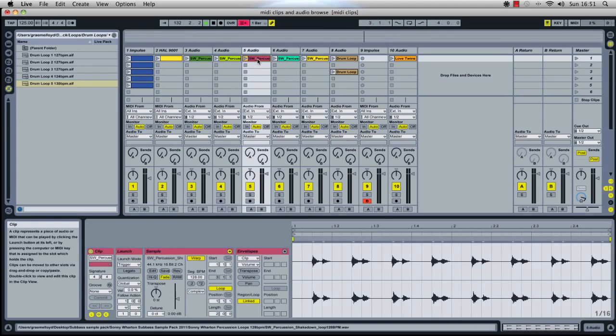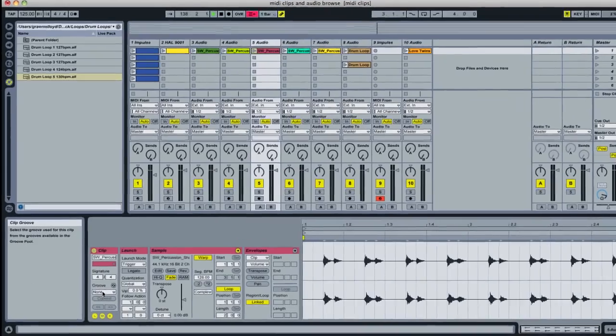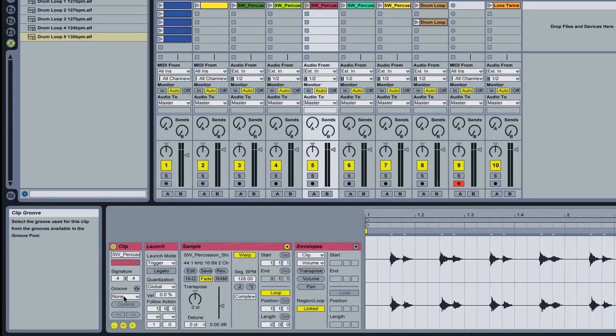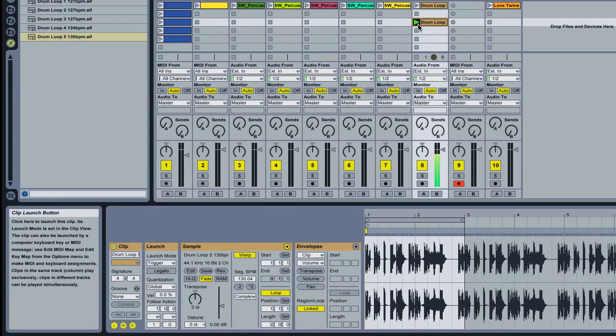So to do that, I double click the clip that I want to apply the groove to. And in the clip parameters box, which is down here, we have a groove command. Now when I click on where it says none, any grooves that we've extracted will appear in this list. There it is. So I open up the drum loop, I click commit, and you'll see the software has now applied warp markers to this and moved them all slightly to go with the swing of our drum loop. So if I play the loop,